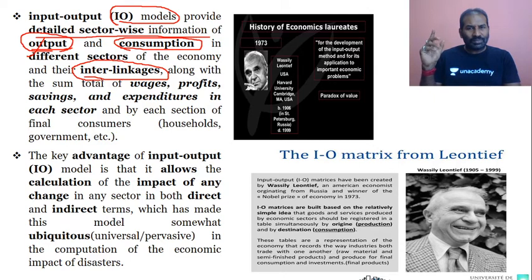Don't just focus on the manufacturing sector and say, oh, the manufacturing sector has come down drastically, so it doesn't impact the other sectors. No, it will impact the other sectors also. Probably the service sector, how it impacts the primary sector, or how it impacts the tertiary sector. That is what you need to focus on. So you have the 8 core sectors; which sector is hit, and how is the impact, that is the cascading effect.